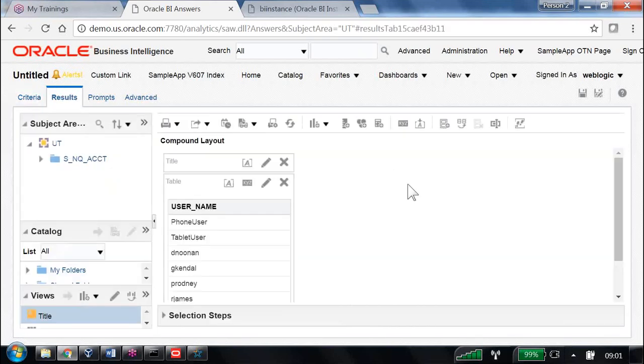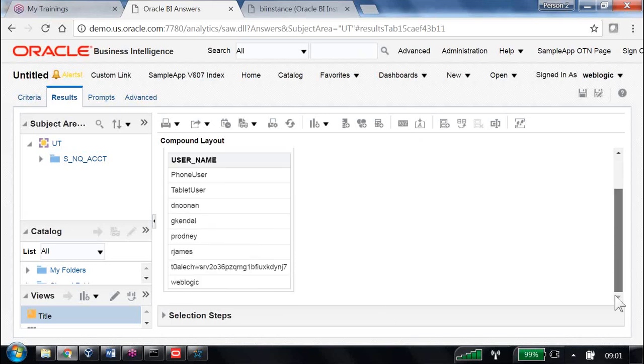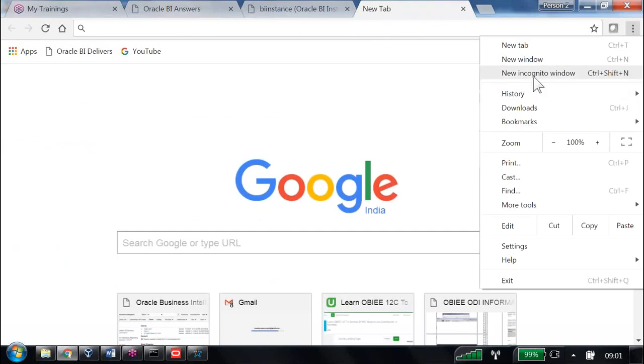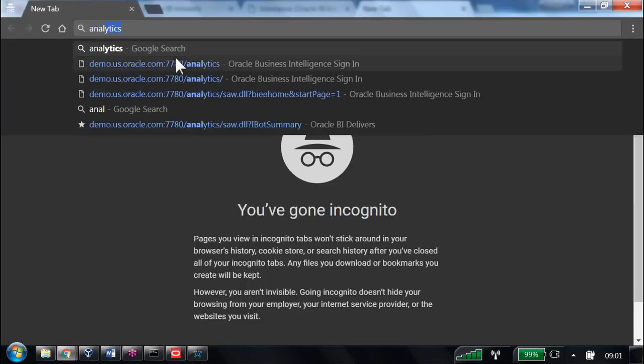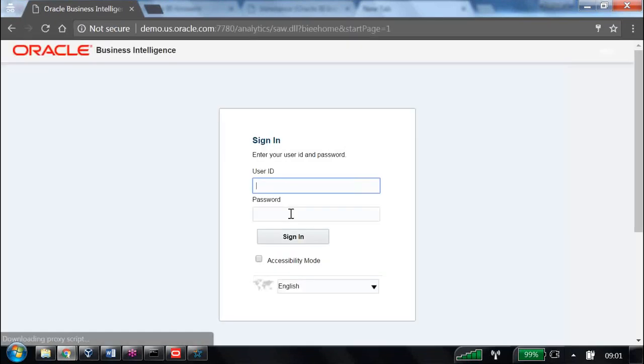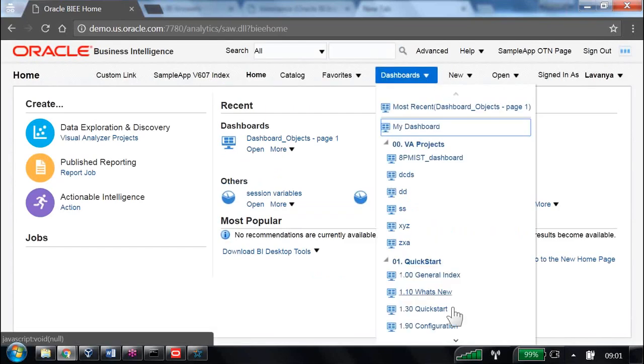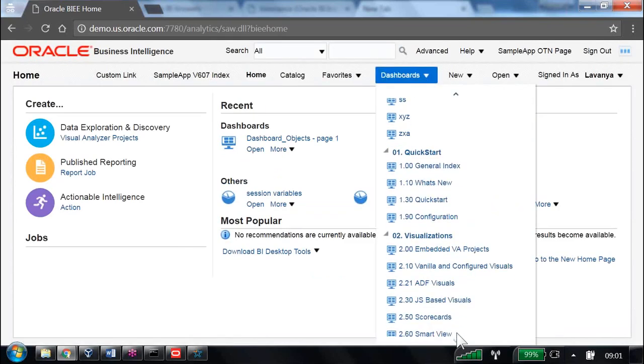Now who are the people who used this one? Phone user, tablet user, and so on. We have it in that one. The user we just ran is WebLogic. For example, now I will take one more instance. Let us say I am taking a private instance. Then I am going to the analytics portal. Then I am trying to log in as another user. The password here is capital RR, small 123, and I am going to the dashboard, and I want to go to the dashboard called